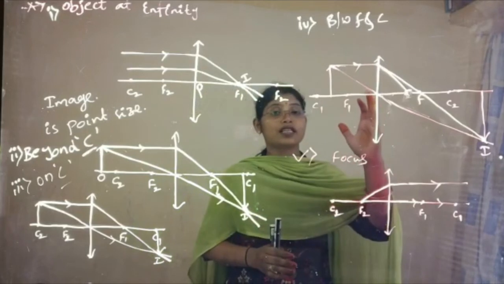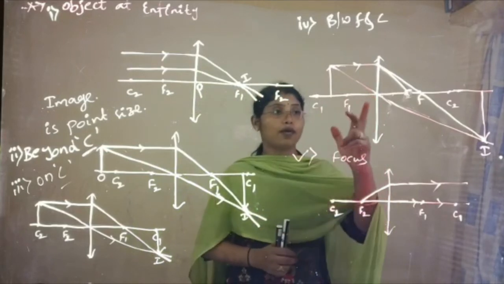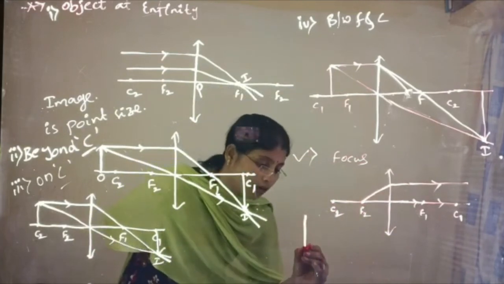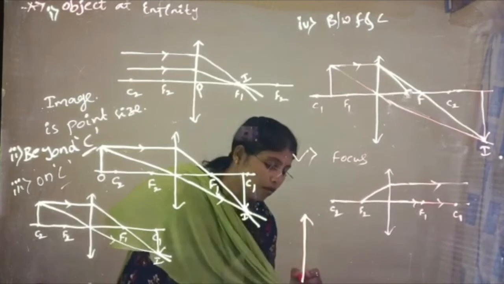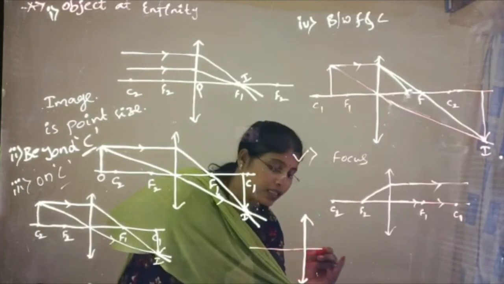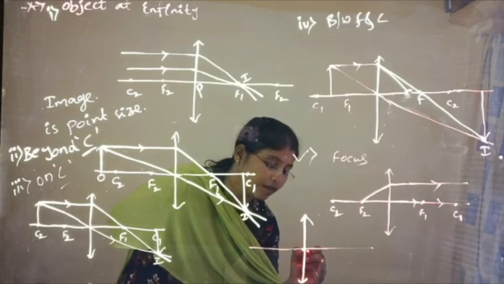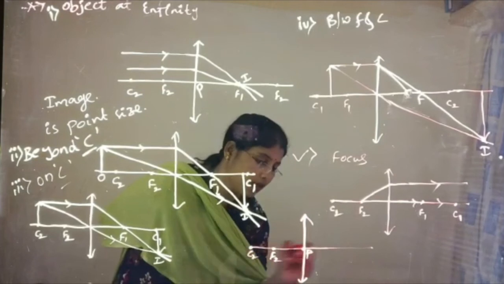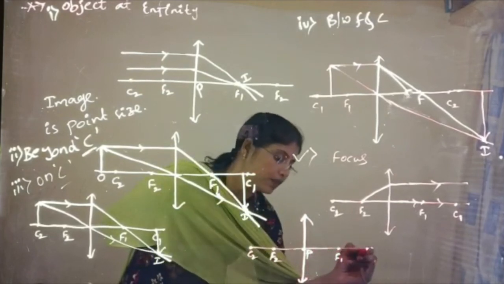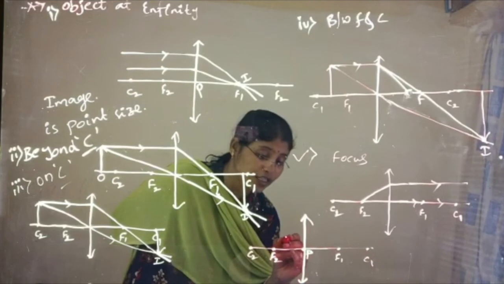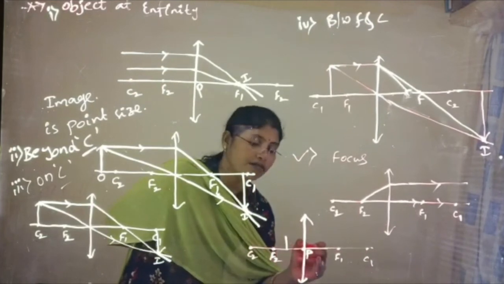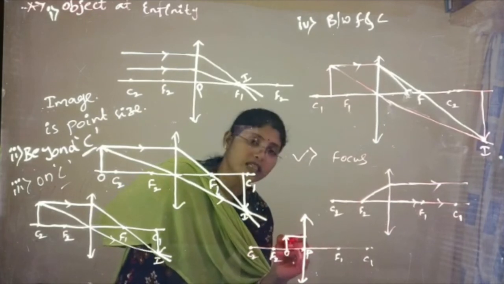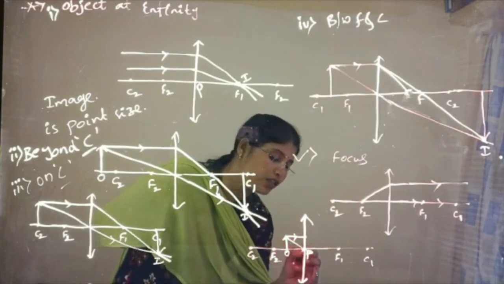if the object is placed in between pole and mirror. So here, this is a lens. We have to draw one principal axis here, with the optic center P, and here focus F2 and C2, and here F1 and C1. So if the object is placed in between the focus and the optic center, here we have to place one object.